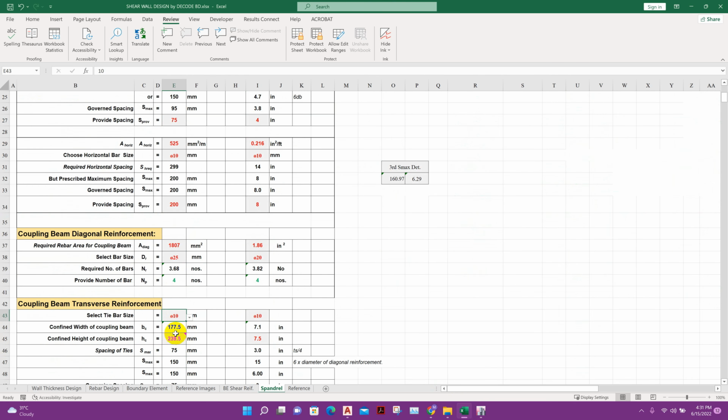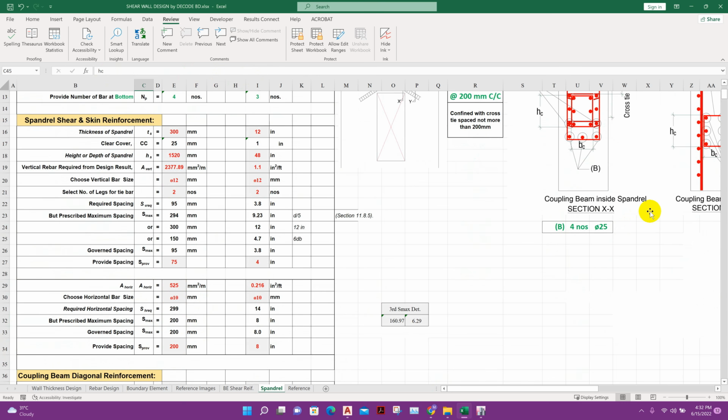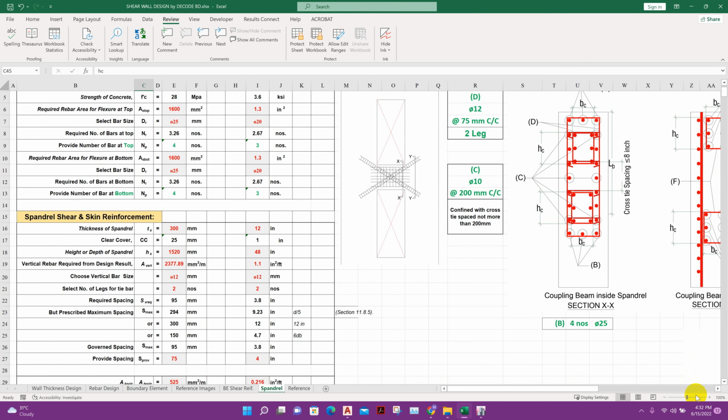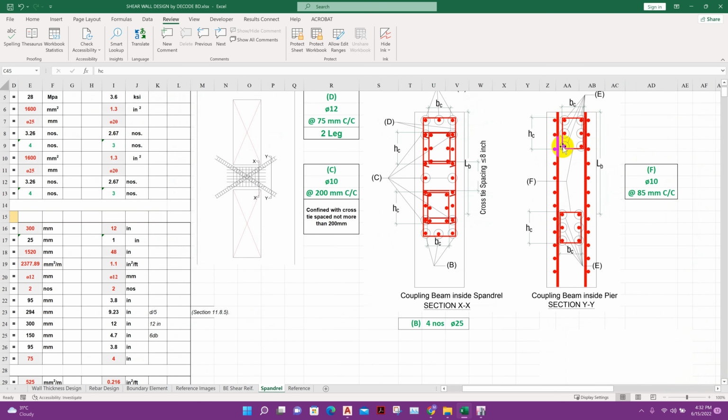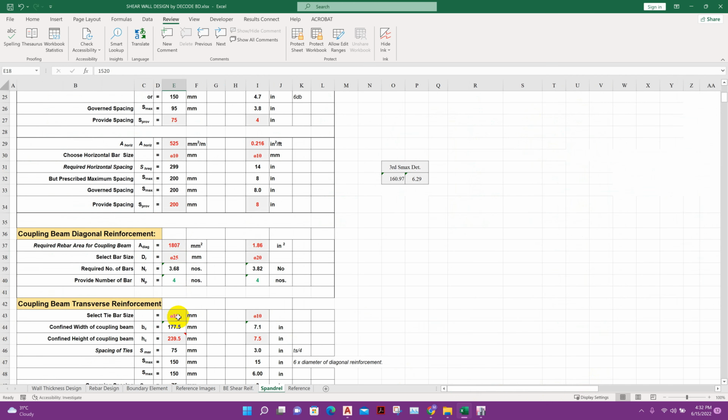So here BC from this calculation is coming 177.5 millimeter, and AC also, confined height of coupling beam, as top 2 rebar, bottom 2 rebar, total 4 25 millimeter dia rebar is required for coupling beam. So this direction BC and this direction AC will be same. If here 6 number of bar is required, then the arrangement is like this, then AC can be larger than BC. So here as it is 4 number of main bar is required, so we will provide the AC same value,